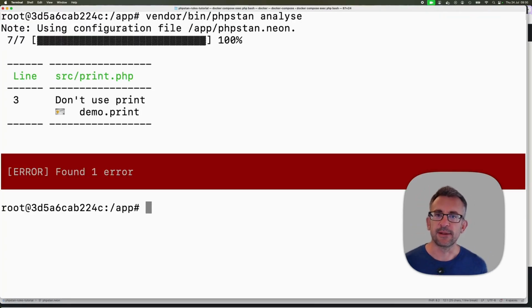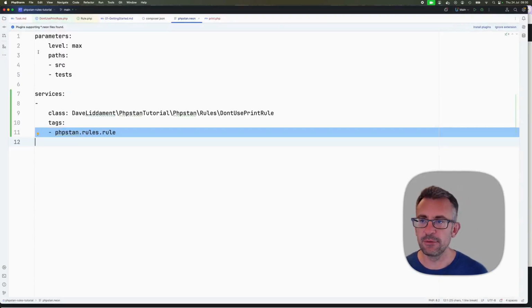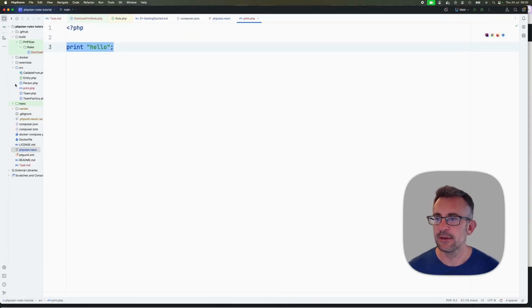Now let's run PHPStan again. And here we can see that it has reported a problem on line 3 of source print.php. We've got the message don't use print, and it is of type, I've called it demo.print. And if we go back to our code, we can indeed see that if we go to print.php, which is in source,